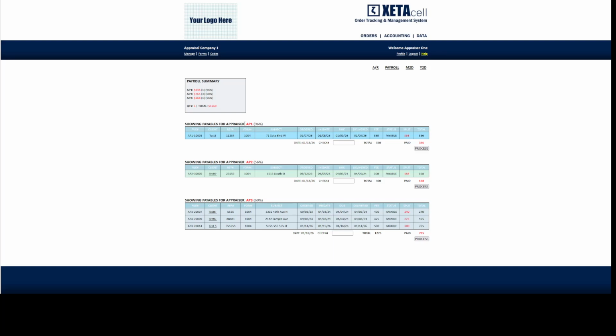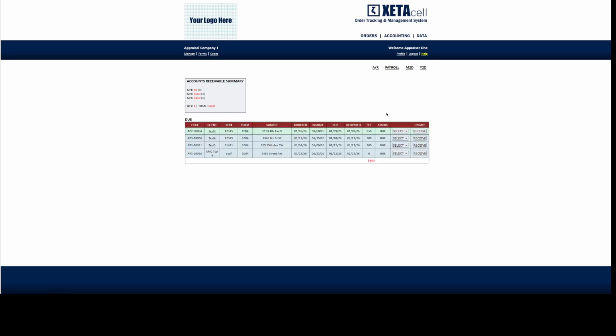to be paid to appraiser 1 at a fee percentage split of 96%, which gets calculated over here. You can see that the fee for the order was $350. 96% of that is $336, and that's the amount that's due to be paid. So before we go through a sample payroll, I'm going to go back into my accounts receivable and receive payment